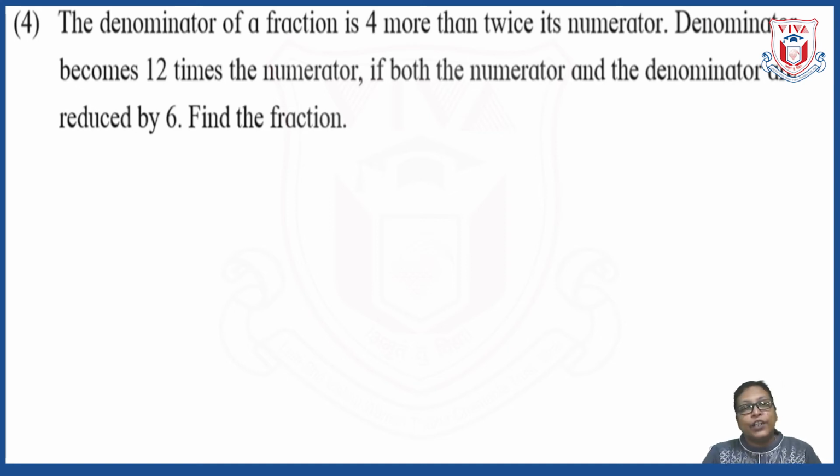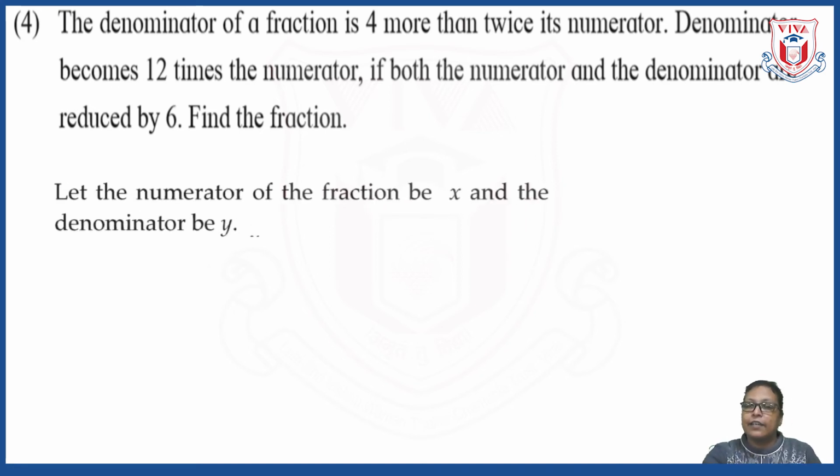Okay. So after reading the question, all these things should come in your mind: what I should take as x, what I should take as y, and what I have to find. Deciding this is very much important. So let us start it. As I have said, let us take the numerator as x and the denominator as y. So from that we can write down the required fraction as x upon y, which we need to find. So let the numerator of the fraction be x and the denominator of the fraction be y, and therefore the fraction is x upon y.